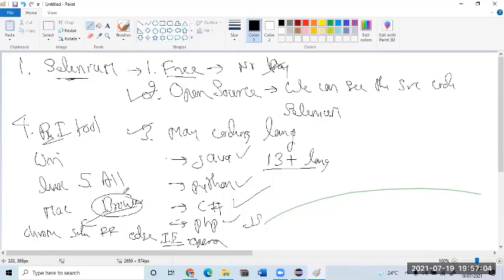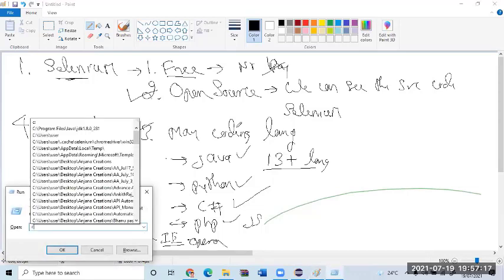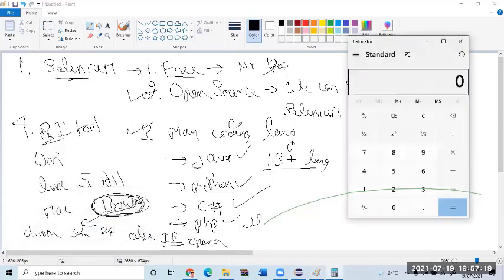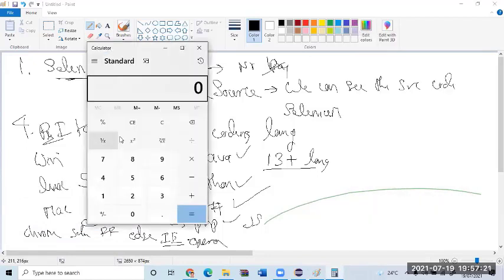Does it have any disadvantage? Of course, it has a disadvantage. Observe which software it supports, I said. What is it supporting? Browser. Am I right? Assume that I want to test this application. Which is this application? Calculator. What type of application? Is it a web-based application? Standalone application. Can I test it using Selenium? No. Cannot do that.